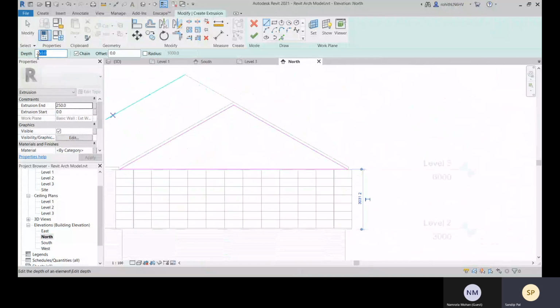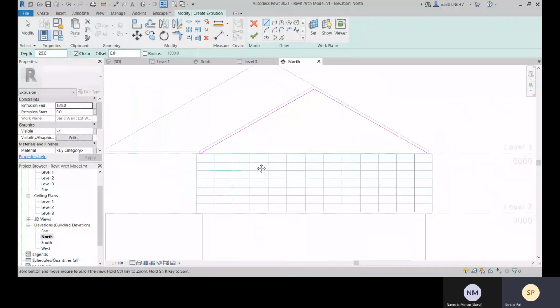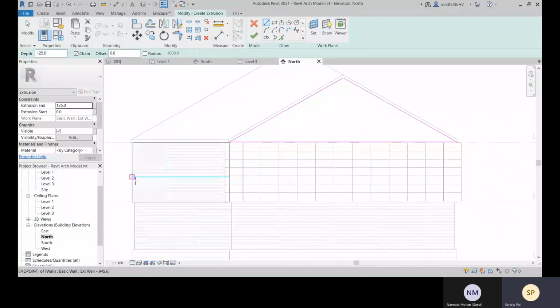And how much depth you want to specify? You match with this roof. How much it was, like 125 is there. Because I have selected this wall as a working plane, according to that the extrusion will start. So let's see if anything needs to change after that.